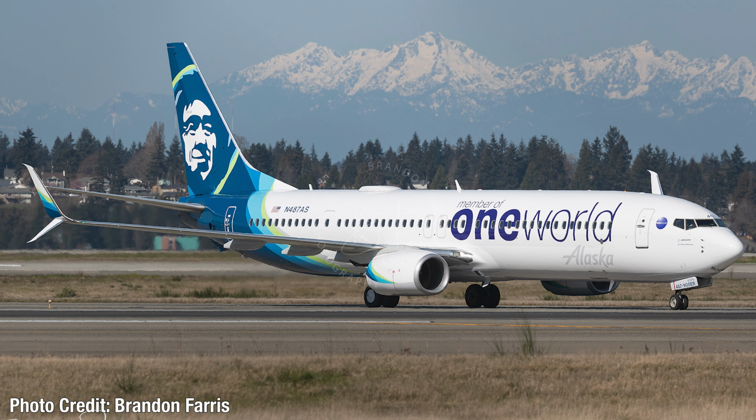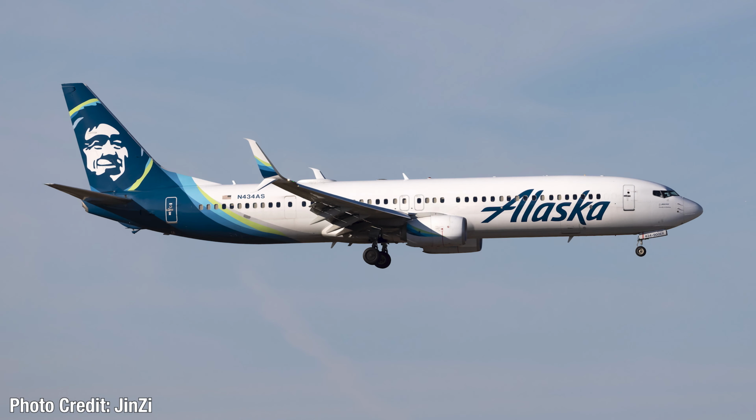It'd be fairly simple to do this one because NG Models is also going to do the standard livery. So it's very simple to just put on the One World titles and it'd make a great release, and I'd probably pick it up because it'd be a cool model. The other one they're going to make, they said, will be November 43 something something Sierra, which is going to be guaranteed November 434 Alpha Sierra. So this will be the current livery Alaska Airlines